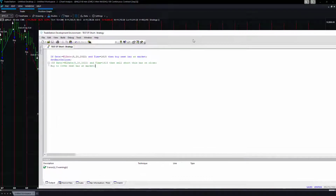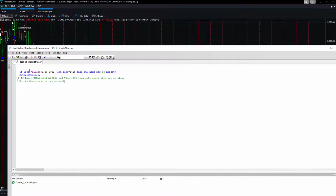And we're looking at the last 2 months here. So if date is greater than EL date 5/20/2022, just looking at it since 5/20. We'll look at a longer history as well. And the time is equal to 1650, then buy next bar at the market. And so this is just a day session, and then we set exit on close. And so we're not using the stop loss. We're just using this to determine how many times the market closes greater than its day session open in July, and you can see that it's